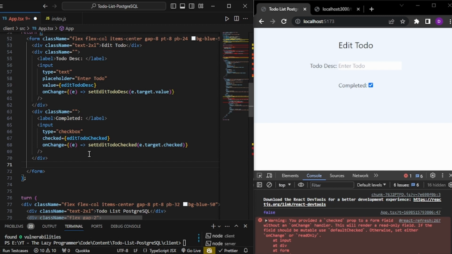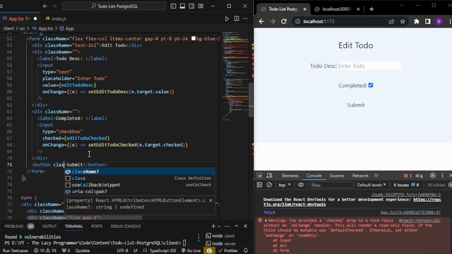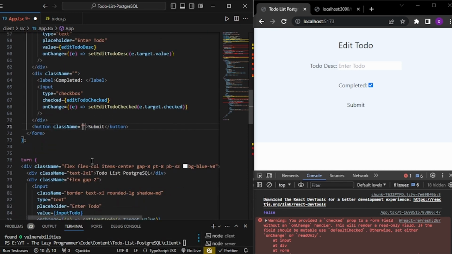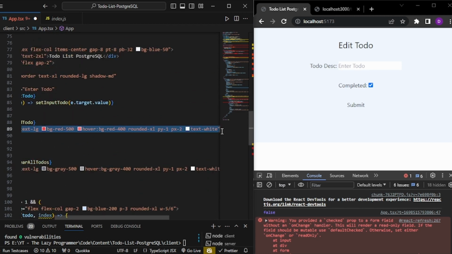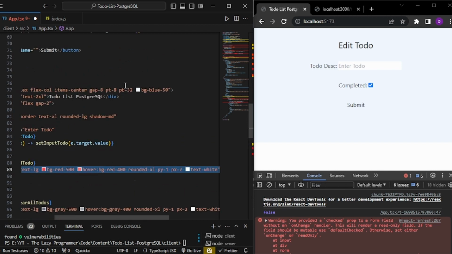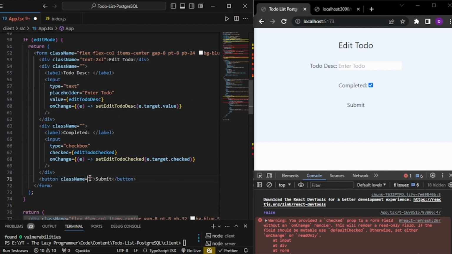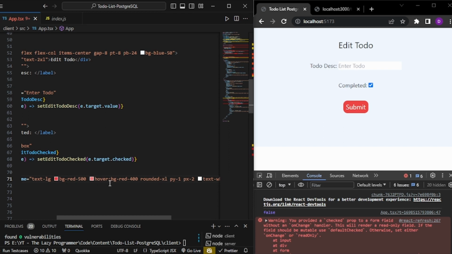And lastly we will have a button, and the button will be for Submit. So button, and this will be Submit, and the button will also have a similar class name, basically the same styles that we have given. So let me just copy these things here in the button, and instead of the red I want to make it green. It's too bright, so maybe 600 and 500. Yeah,